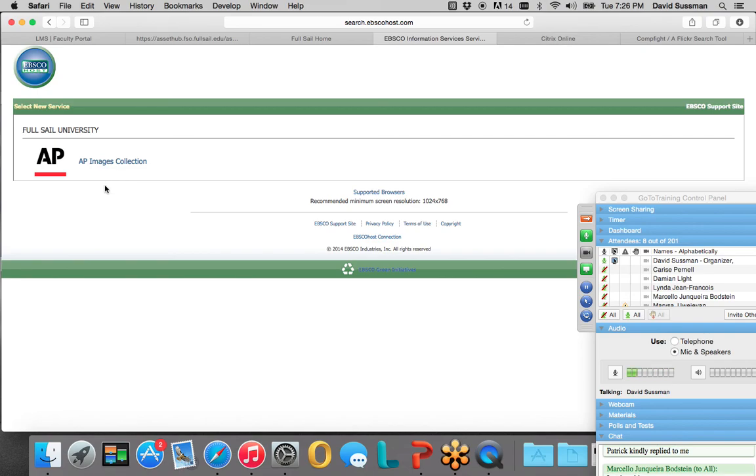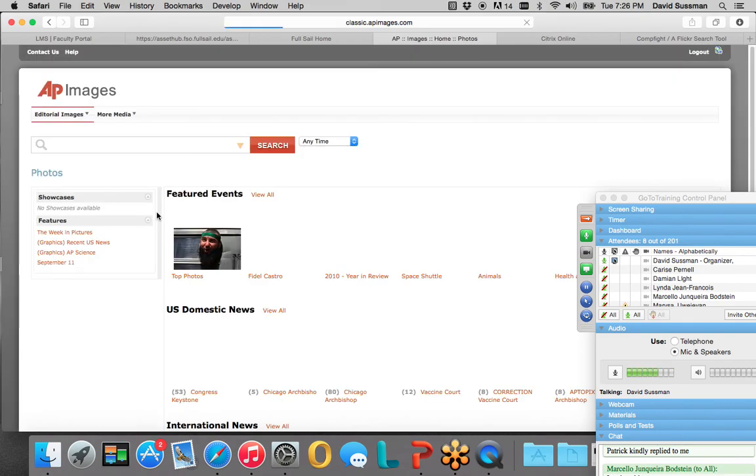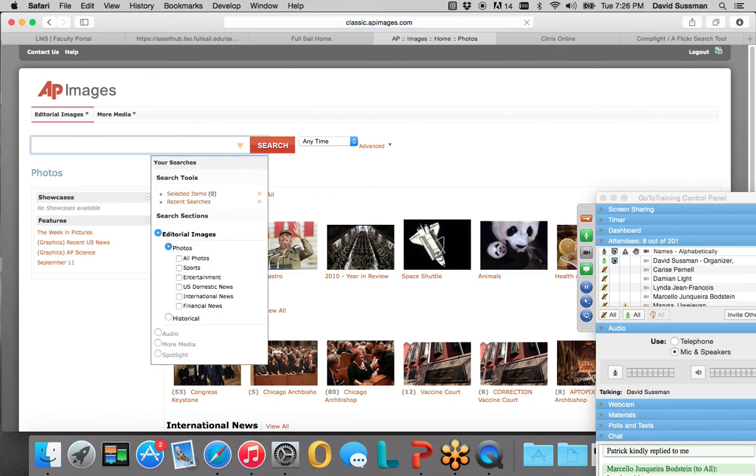Both have different functions, or I should say different purposes. AP Images is great when you're looking for something specific. So let's say you're doing a PSA on music royalties, right? The royalties that streaming music companies pay out to artists. You might have heard the big news that Taylor Swift pulled her music from Spotify. Let's say you want to mention that in your public service announcement. Probably if you search the AP Images collection, you'll find lots of pictures of Taylor Swift. Let me try it out now on the fly.